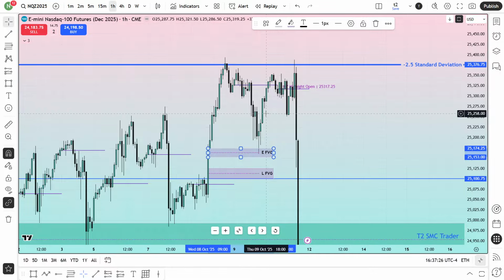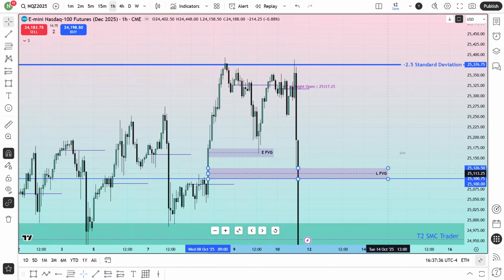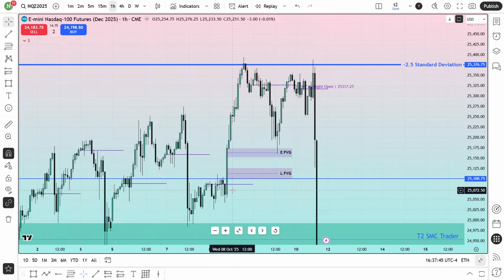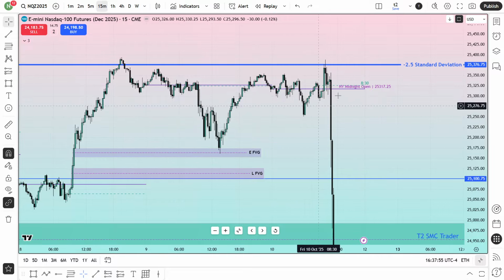Now that is not my intention, because I was not interested in looking for buy. I was more interested in looking for sell. And when it came until around some area, I said that it's going to be a consolidation day. It will never reach this gap. On that specific day, it's not possible to reach that gap, because it should work here as a consolidation or range bound day. After the big run comes to this minus 2.5 standard deviation, the next day should be a consolidation or range bound day. Then this is the Friday price action.